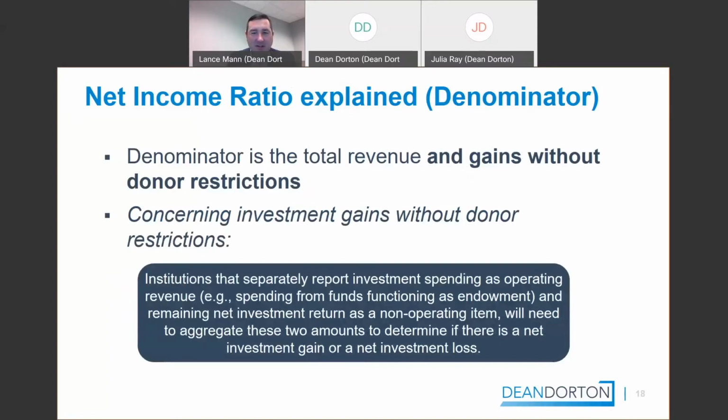There are certain institutions that separately report investment spending as operating revenue. So your spending rule from your endowment, and then the remaining net investment return or loss is shown as a non-operating item. When you do the calculation, you actually need to aggregate these two amounts together to determine if there was a net investment gain or a net investment loss. So just remember that part.